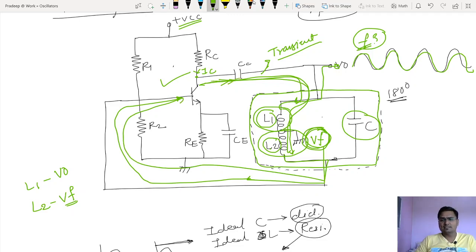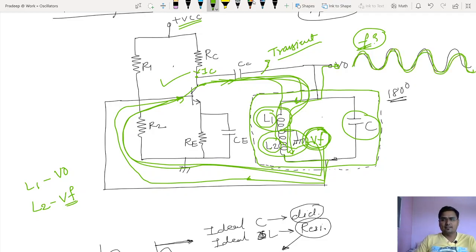Look at this. Isn't it a regenerative feedback? The input increases, so VF increases, and because of that the input increases again. Like this the cycle continues,